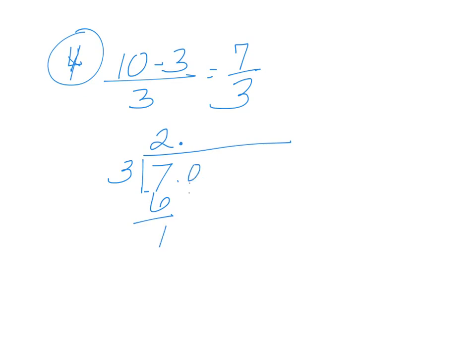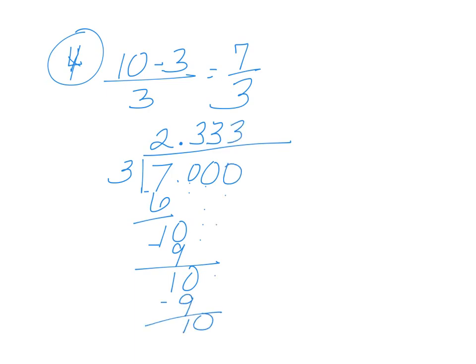And I'm going to drop this 0 down. So 3 times 3 is 9. It's not a very hard problem. It's just a little bit annoying. It looks like I'm going to have this continuing thing here. So I'm going to stop here because I know that when I multiply it by 100, it will move the decimal point over once, twice. And so my answer will be